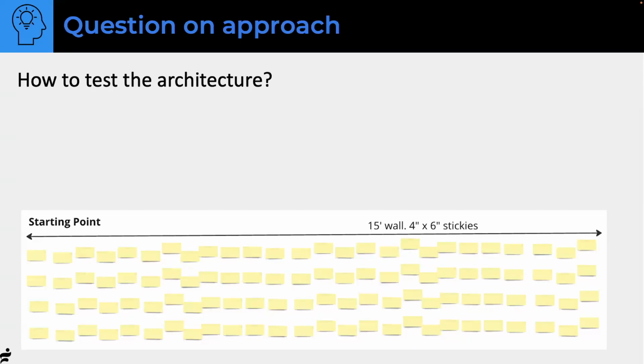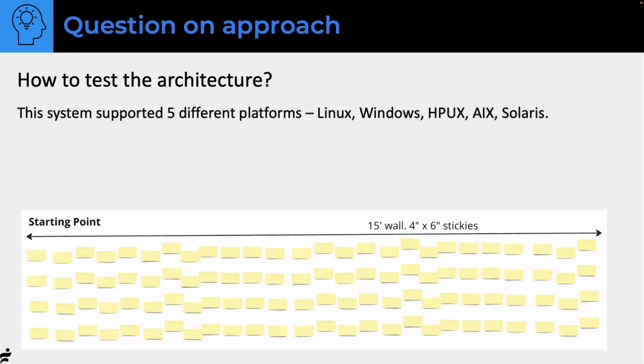So the question was this: there was this architecture, how do we test the architecture? I remember this conversation because I had 5 different platforms: Linux, Windows, HPUX, AIX, and Solaris. That kind of dates it right there. Solaris still existed. And they asked me because they knew I'd written design patterns books. We had been doing technical training for them as well, behavior driven development and things of that nature, so we had a lot of credibility. They said, Al, you know this stuff, tell us.